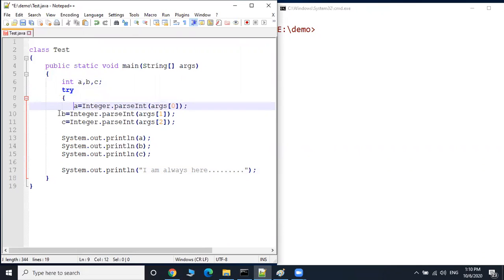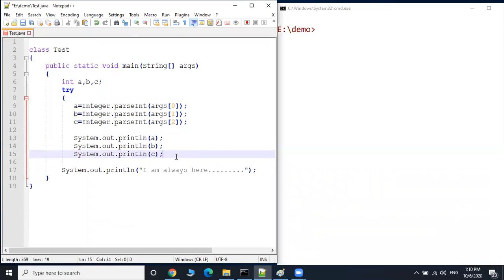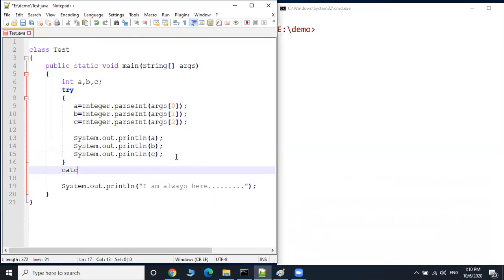That means use the try block, and because these are the statements raising an exception, keep all these statements inside the try block and catch the corresponding exception. What is the exception here?